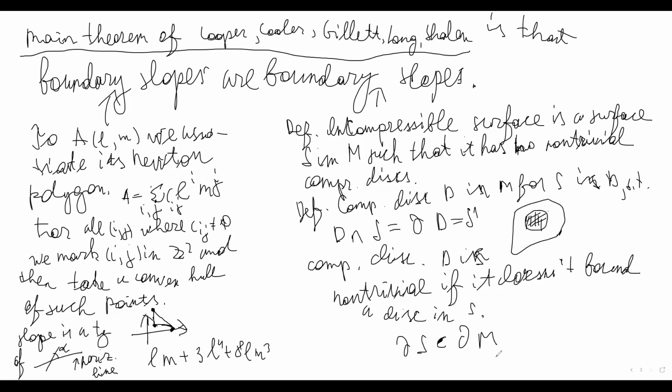And the boundary of our manifold is a torus. In the torus we have two generators, L and M, and we have a coordinate. So ∂S, when we think about it up to homotopy, will be some aL + bM. And the boundary slope of S,